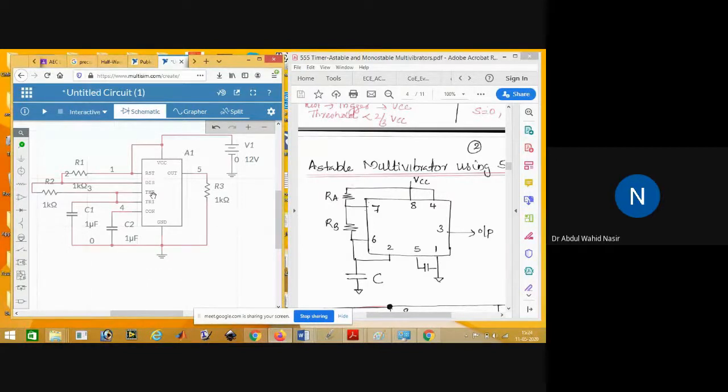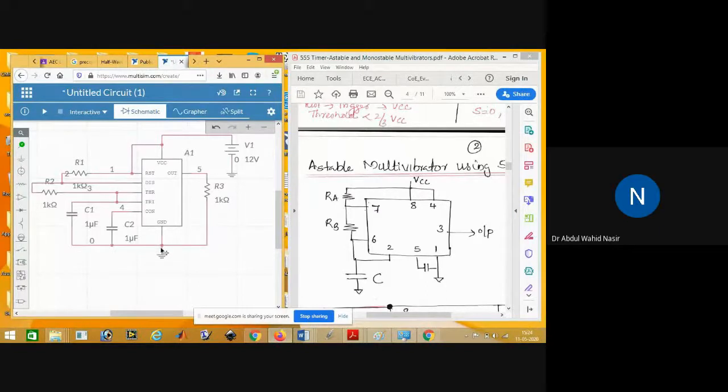So that is shorted. Here you can see we have shorted, and we have already done that connection. Also, to the common point where 2 and 6 are shorted, we have a capacitor C1. That is being connected to ground, so the other end of the capacitor is connected to ground.